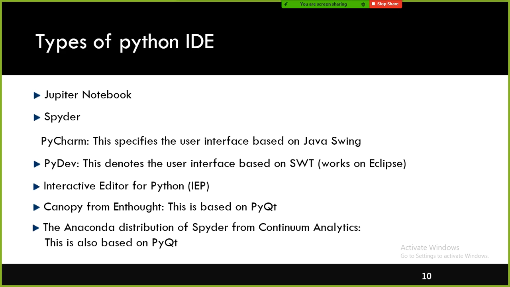And these are the IDEs available, a gamut of IDEs, like Jupyter Notebook. This is the one used by data scientists and data analysts, because it is very interactive. Okay, and Spyder, when you install Anaconda, Spyder gets installed, and PyCharm user community is available, right? It is based on Java Swing, but PyCharm is also a very good IDE, very interesting to work with. And it also provides the code completion facility. Even Jupyter Notebook also gives the code completion facility.